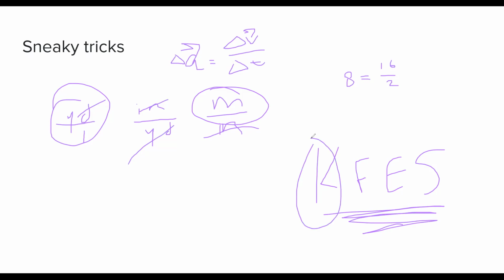So K stands for write down what you know. So always just write down what they tell you. All right, they told me the velocity. They told me this, that. Write that stuff down and just be like V equals and write down what you know. Then F: write down what you need to find. Because nothing's worse than if you accidentally solved for the wrong thing. It's a simple thing, but just make sure that you can do it in a bullet format so that that whole long paragraph doesn't just kind of stress you out.